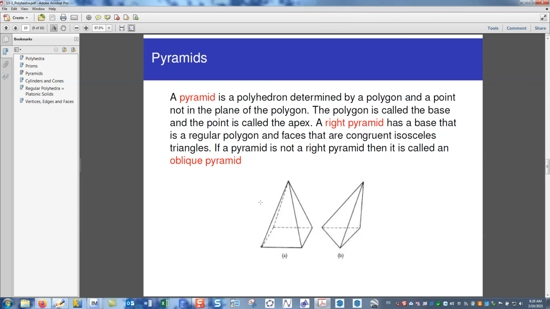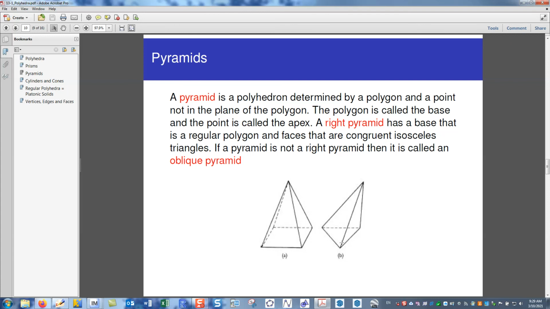So let's move on and talk about pyramids. This is a class of polyhedron, and it's a polyhedron determined by a polygon and a point not in the plane of the polygon. So the polygon is called the base, and the point is called the apex. So here we would say that the polygon, the base, is a square, and the point up here we would call the apex. So this would be an example of a square pyramid,